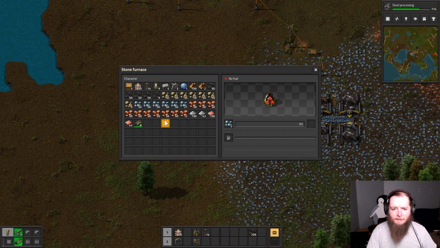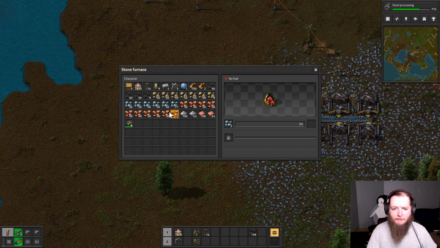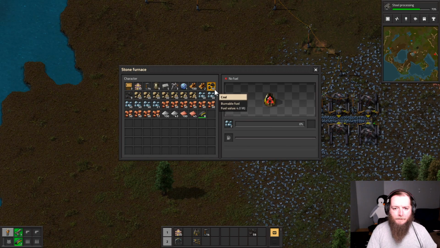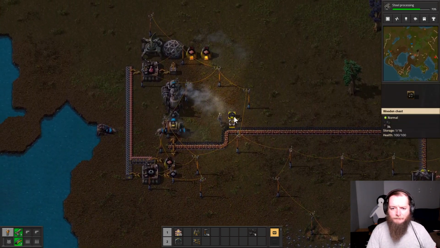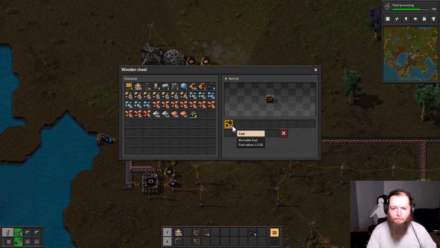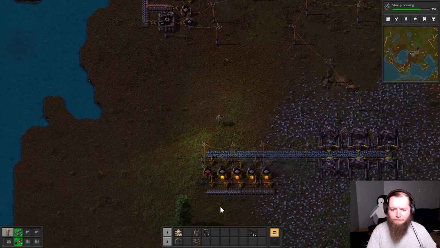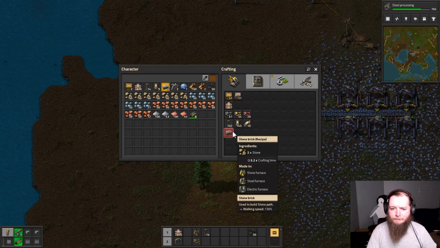I can get... So these are going to stop pretty quick, actually. So this isn't going to burn all this too fast because we're going to fill up the conveyor. We'll grab more of this coal. 3 more. Alright, all of these pumping. I figured this was about to happen. So